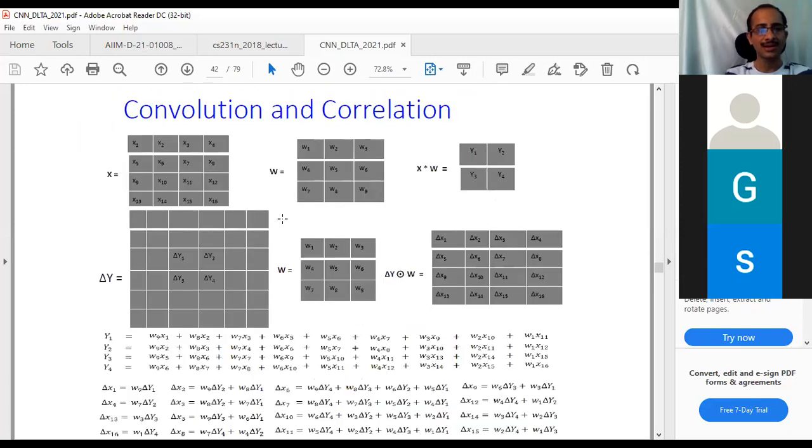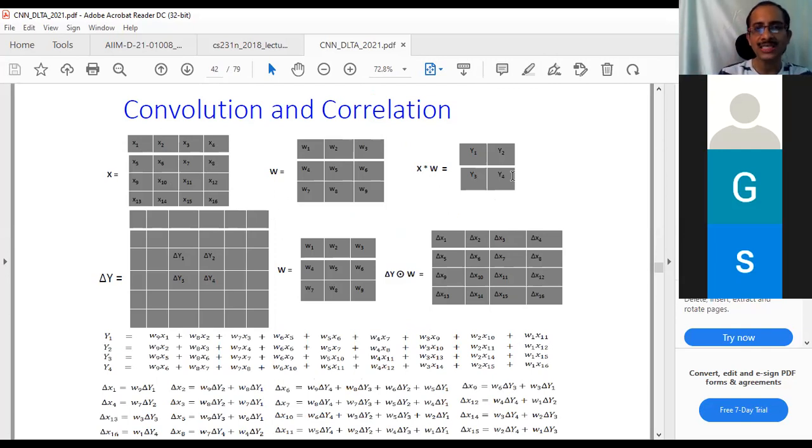And the deltas here, as I said, we will now see what will happen in the convolution layer. In the convolution layer, as you can see, what is happening in the forward direction? Hope you are able to see the slides. Yes, sir. So in the convolution operation, we multiply the kernel by putting it at this location, this location, this location, and this location, and you get Y1, Y2, Y3, Y4 in the forward propagation.